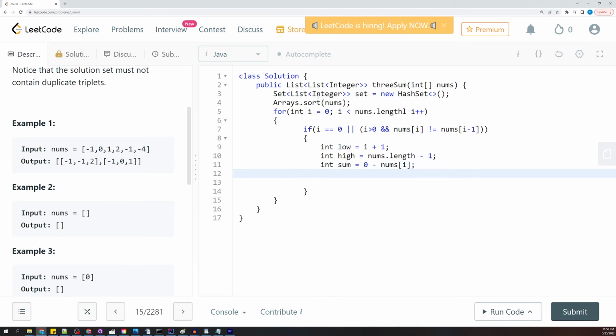Okay, and so what we're going to do is while these pointers do not meet, so we want these pointers to meet so that we have exhausted all the numbers, all the two-sum combinations that would complement this nums at i. So while they don't meet, we want to keep on doing something. So we're going to just do a while loop. So while low is less than high,